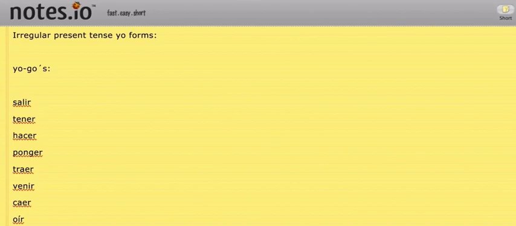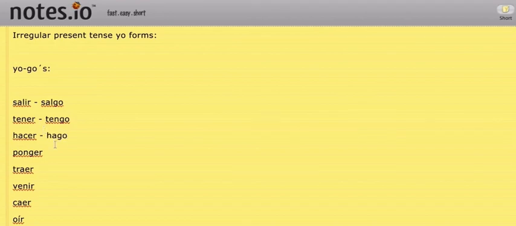So first let's start with the yo goes. Essentially these are verbs that in the yo form, they end in go instead of the usual o. So for example, if we look at the word salir, we'd expect it to be salo, but it's not. The yo form is actually going to be salgo. So we have salgo, I leave, salir, to leave, very popular one here is tengo, I have, tener, to have, hacer, to do or to make, so